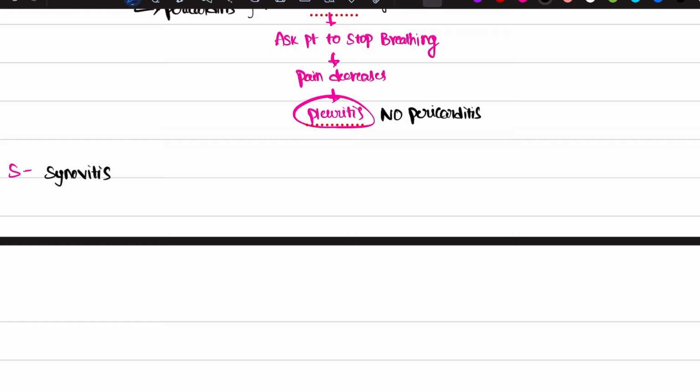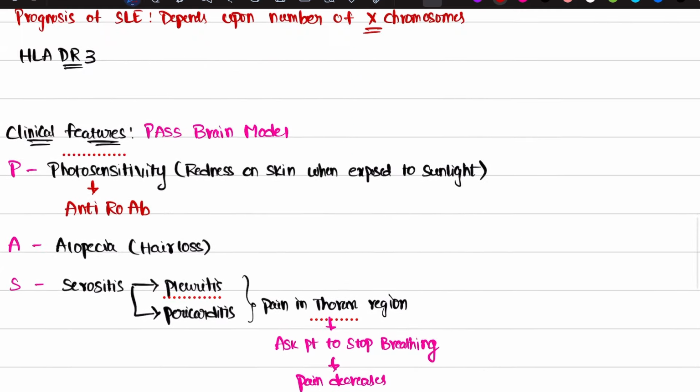So first, this is synovitis. In synovitis, the pain is asymmetrical. The joints affected are only on one side. That is what this means, and pain is present, and this is also non-erosive. You just remember this word, non-erosive. So no erosions are present in this SLE. Non-erosive. And we just completed the